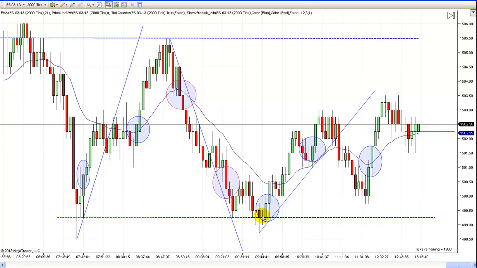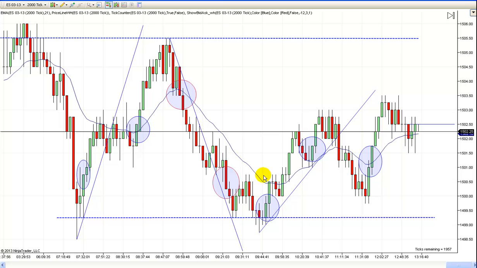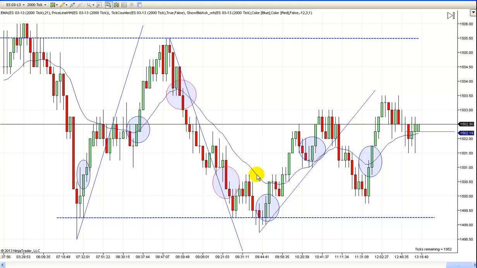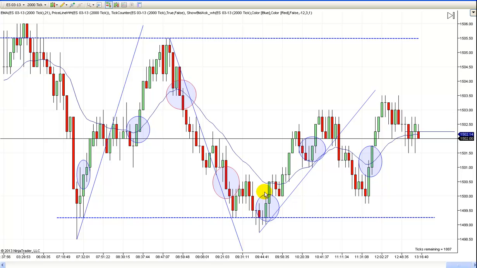I like going long again above the little doji because it gives you a real tight stop. That's a little more aggressive. You might have wanted to wait and see if we got a bullish bar, so you might have gone long here, but then you're getting really close to these highs. But you got to figure with a double bottom here and a failed break lower that we're probably going to at least correct a little bit. And so if you went long there,